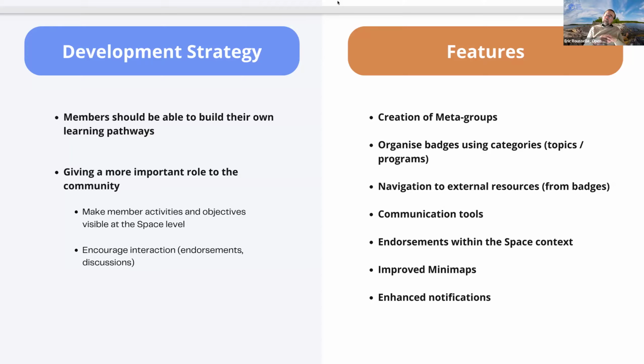It's not a social media platform. But now that we have customers starting with this new version of the space, they say, wow, it would be great now if we would have more interaction between the members of the space. And so we are planning to develop a discussion board in the space. We're also planning to make endorsement easier in the space, so that you could first of all select the members who are in your space for endorsements.